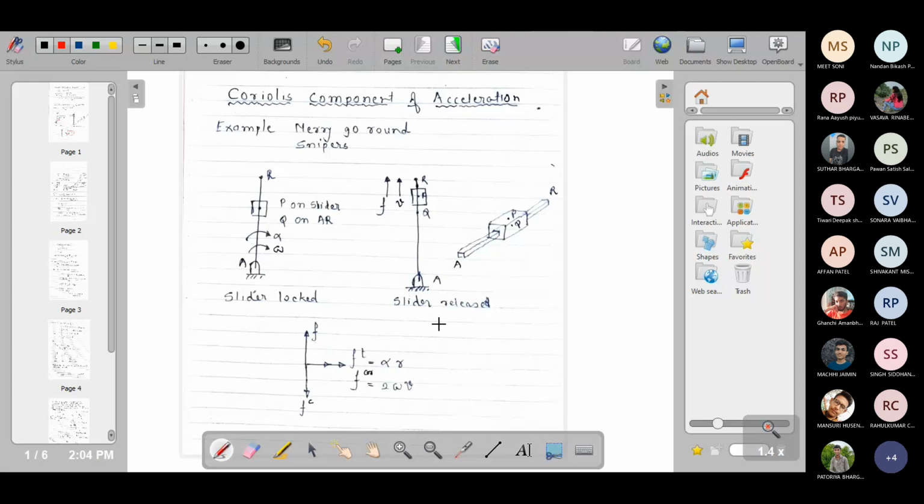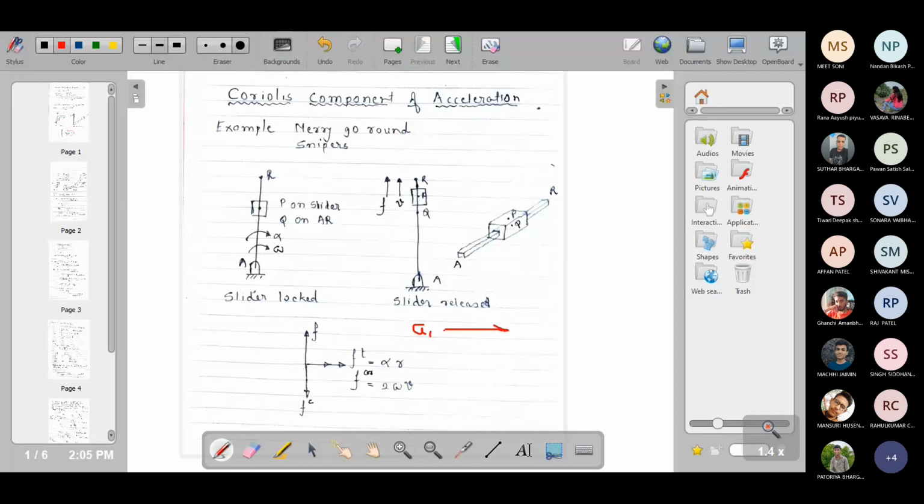Okay. So suppose I want to draw the acceleration of point R with respect to A. So this is the fixed point. I'm writing A with a suffix 1, which we are using for acceleration. First of all, I will draw the tangential component, because alpha is known to you and the length of the link is known to you. So you can draw the tangential component.